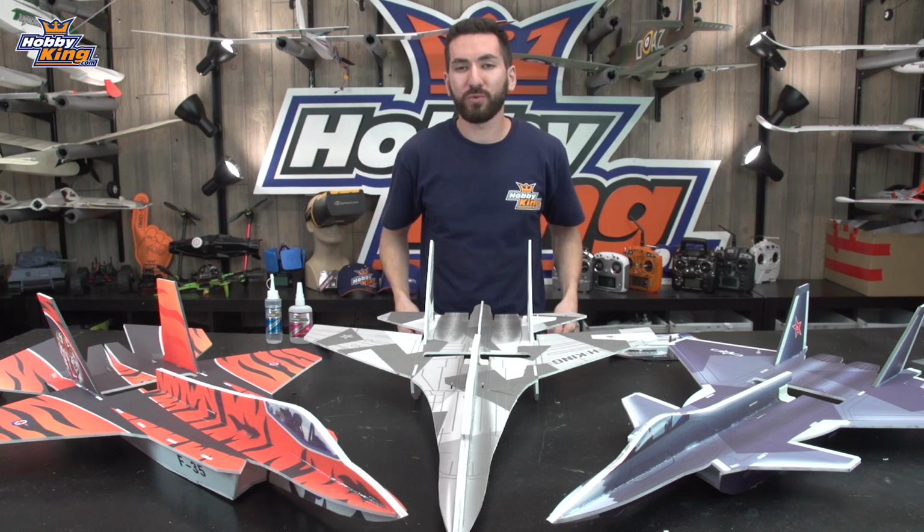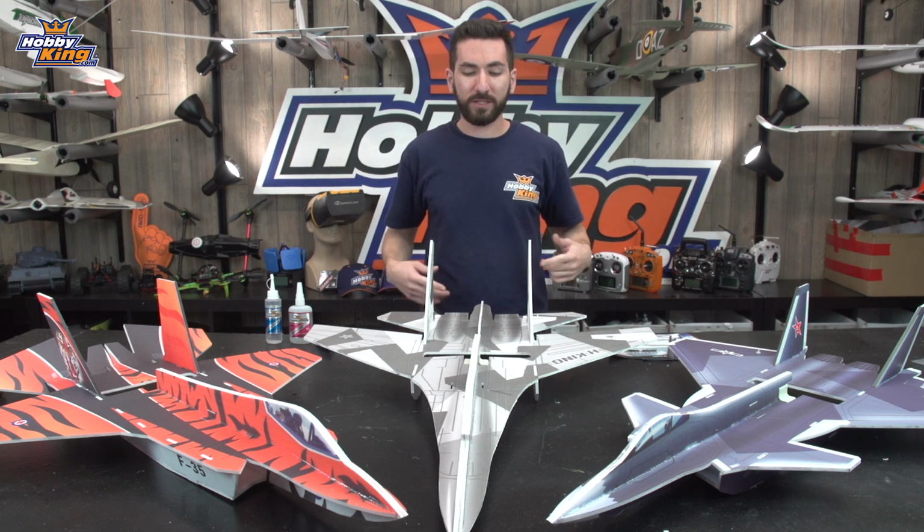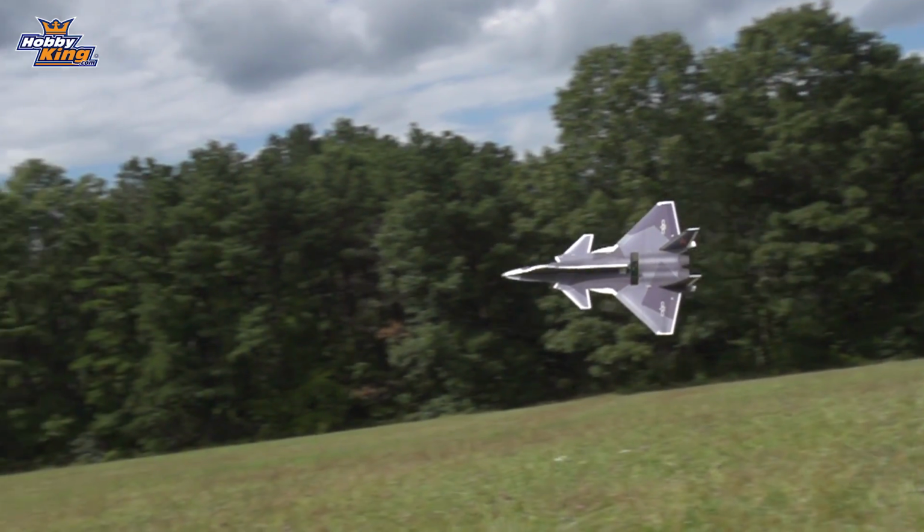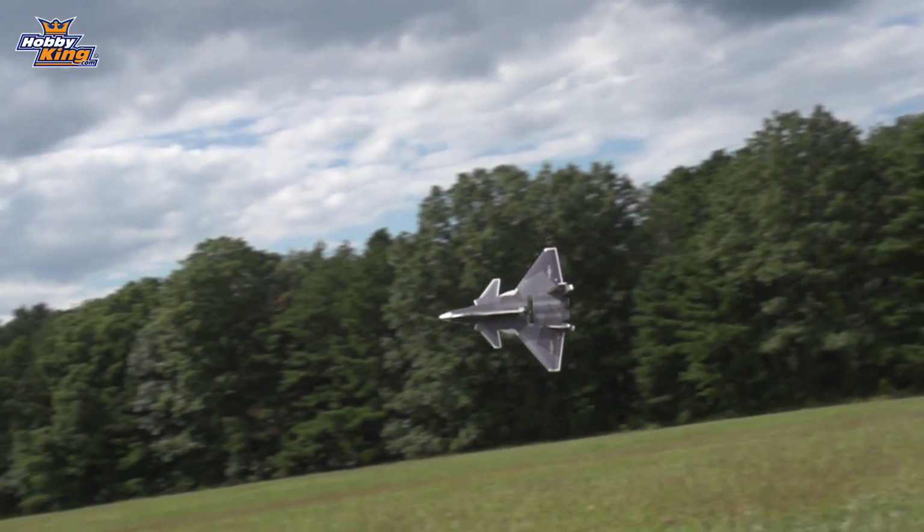Alright, so that is going to wrap it up for the builds on these 3 jets, the Su-27, the F-35, and the J-20. Again, they are part of our Glue and Go series, and we have a few more planes coming out for that,